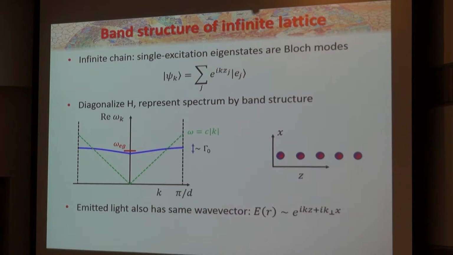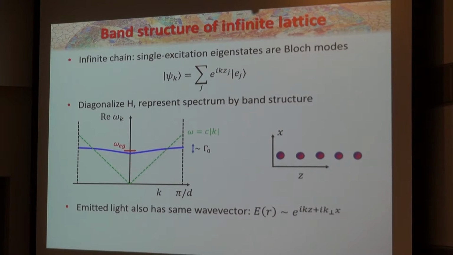To understand why that's important, so far I'm just talking about the atomic spins, but remember that it is a kind of field. These spins are coupled to the fields, and in principle I can reconstruct that electric field. And because I have this Bloch structure, of course, the electric field has to have the same wave vector as well. So this Bloch mode k of the atoms creates an electric field which has the same k vector along the direction of the atomic chain.